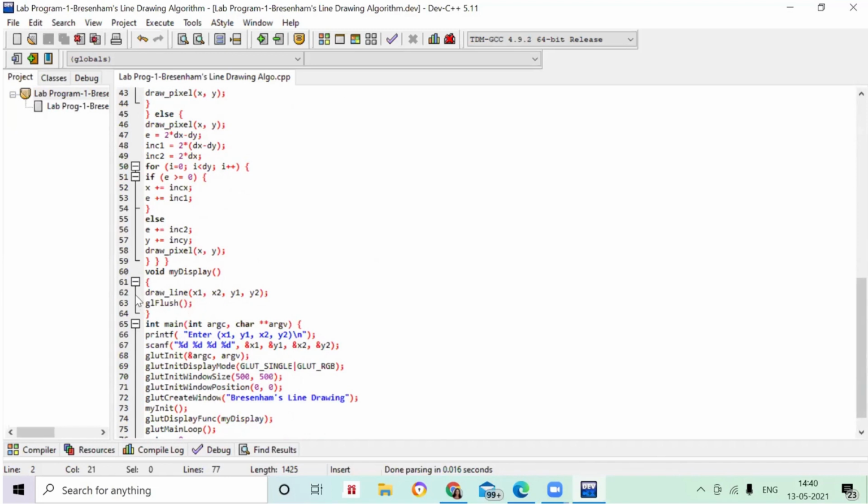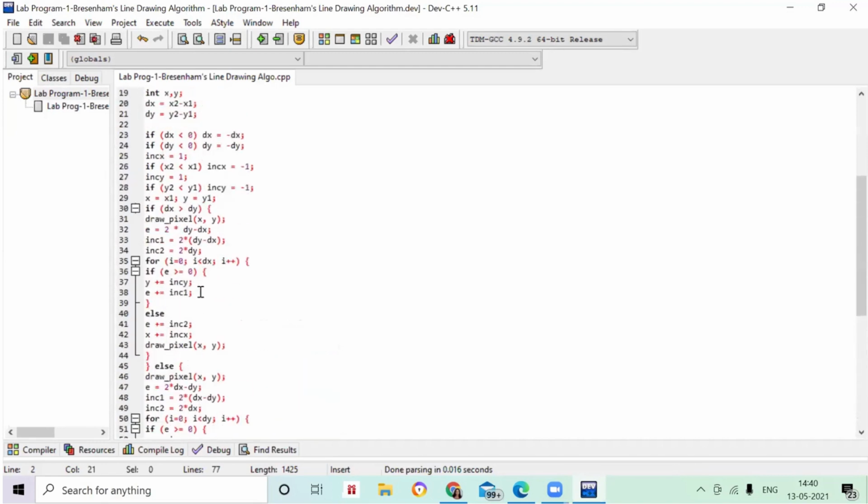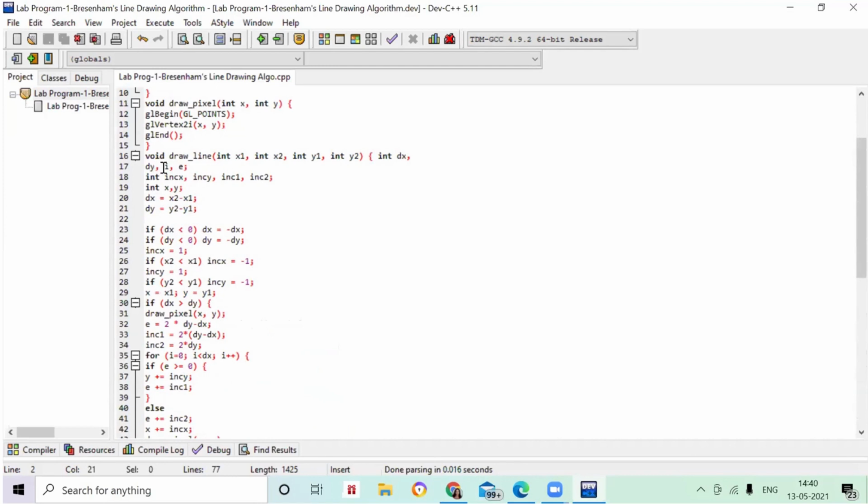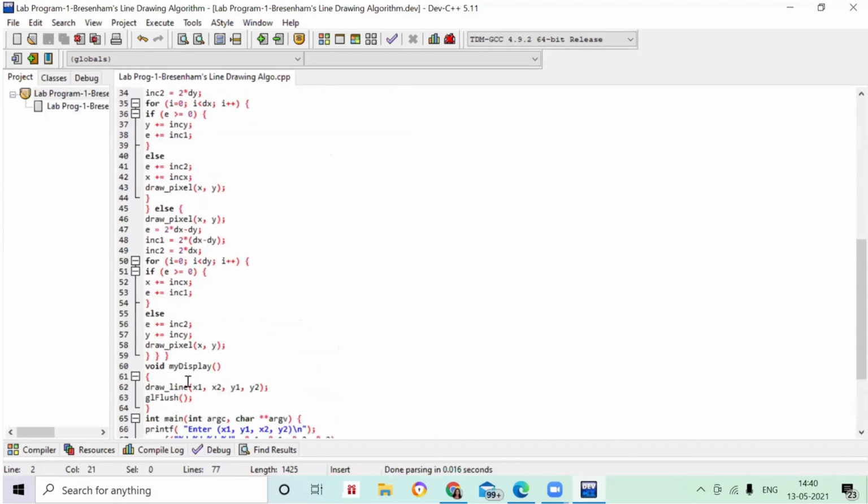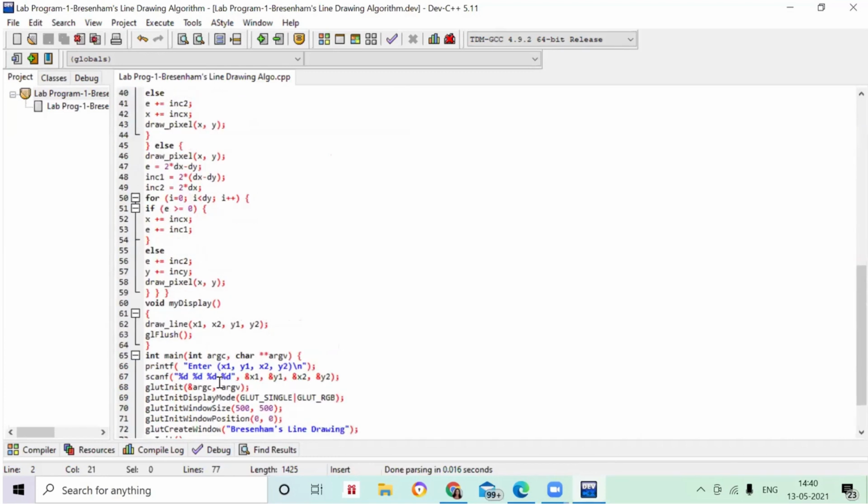Okay, so now we will just check it out. What is this draw line and how it's going to draw this line by using this x1, x2, and y1, y2. So now let's go to the draw line. Yes, here. So here you can see draw line. So inside your my display, what all are the parameters I have passed? I have passed x1, x2, y1, y2. So all these things are integer types which already we have declared in our main function.